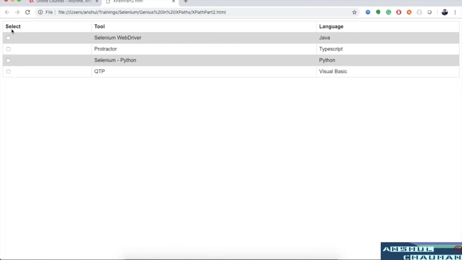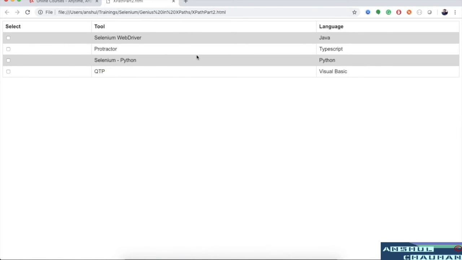Over here you can see we have the checkbox, and some tools and language input. Suppose we need to find the checkbox of the QTP, and check it. Although this is a static HTML file and every time you refresh it, it will not change the value, suppose this is the UI of some e-commerce website, and the position of this QTP element changes on every refresh.